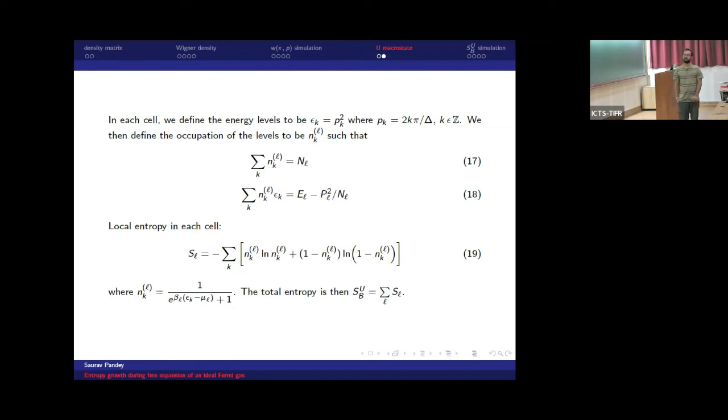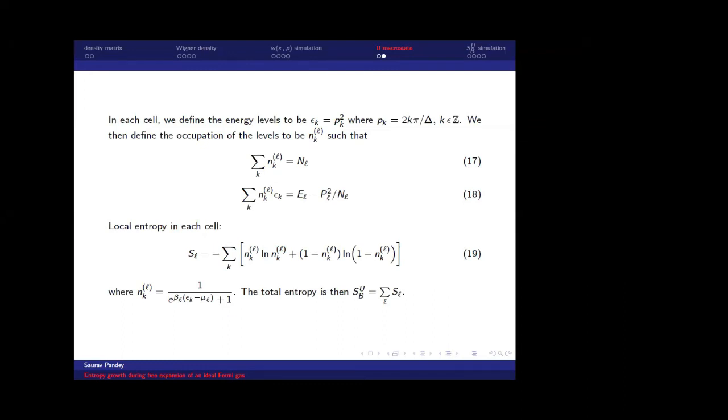So even though it looks like we are assuming some thermal equilibrium in these cells at some local temperature and chemical potential, we are not, because it's not like that for the system. When the system relaxes, some of the observables relax. These parameters, I'll just call them Lagrange multipliers. The parameter beta S will be the same for all of them. The system won't really be at thermal equilibrium corresponding to that temperature.